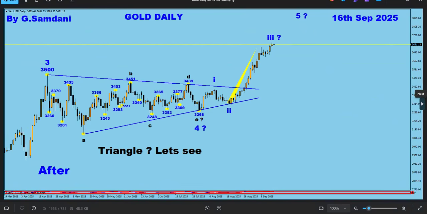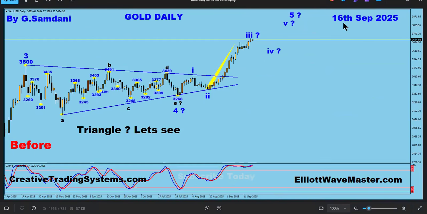So I made another chart, which looked like this, on the 16th. Maybe if this wave three is finished, we're going to drop for wave four, and then we will go for wave five, Roman count, right? That will end this wave five, the blue count, and then wave three of the black count will end there. But that's later on. Right now, we're supposed to be coming down from the 16th of September for wave four. Wave four can be an A, B, C flat, or an A, B, C, D, E triangle, or a combination, right?